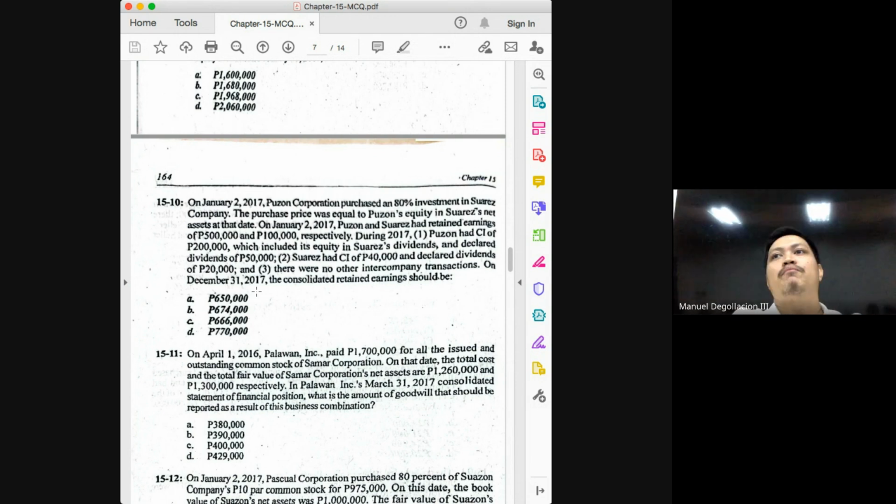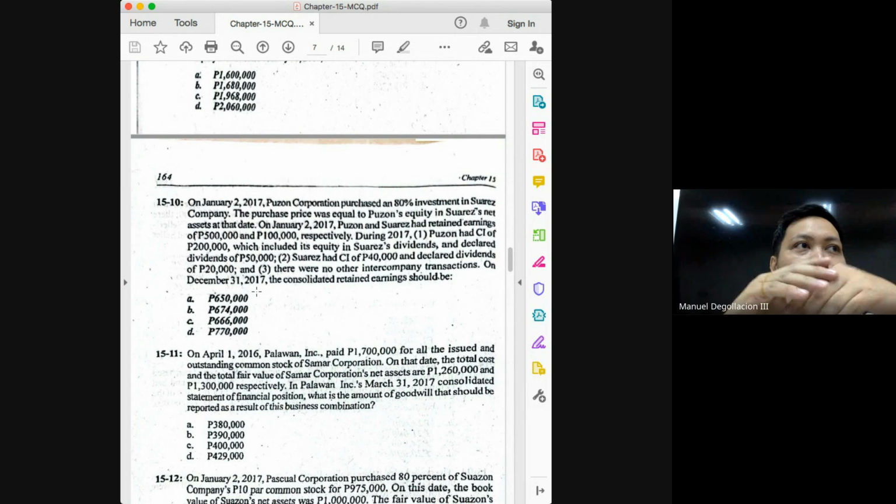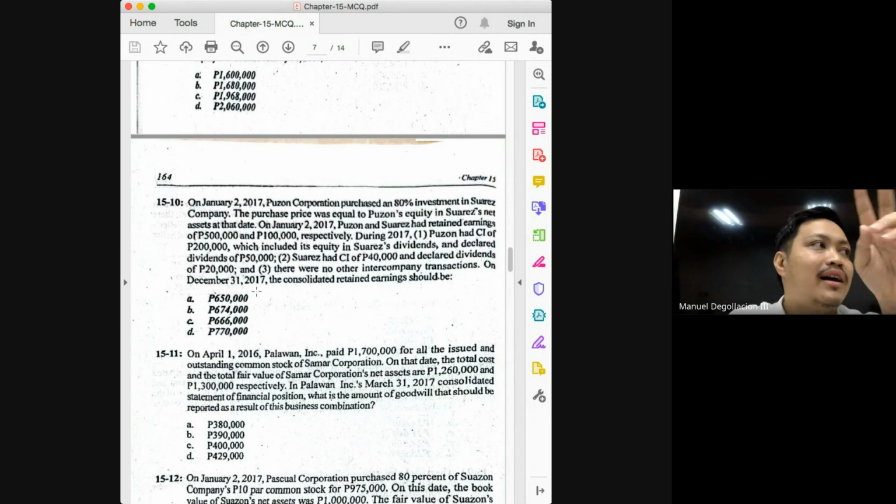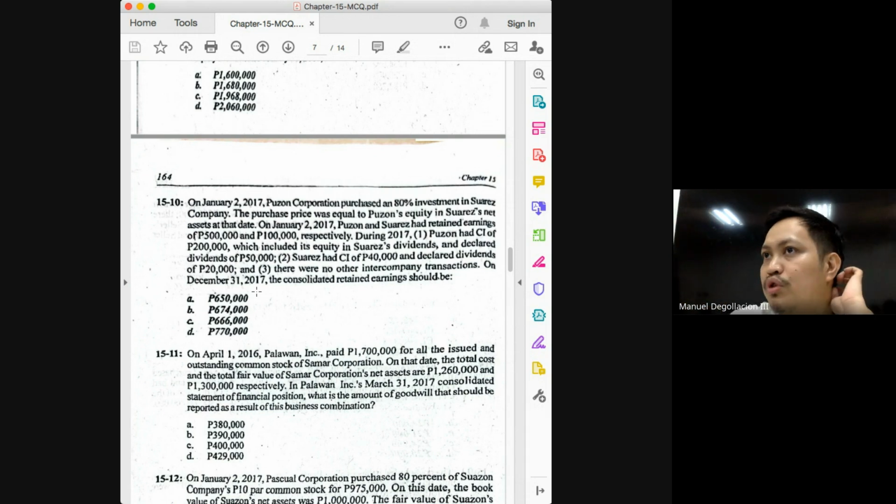But the problem is, we do not have a readily available income statement for the consolidated entity. So what do we do? We rely on the income statement of the parent and the income statement of the subsidiary to get the income of the consolidated entity. Okay? And if you've watched the recording, class, there are two approaches in computing for consolidated income. Basically, the profit of the consolidated entity will be our consolidated income. But again, there are two approaches in determining consolidated income. You have your entity approach and your parent approach.